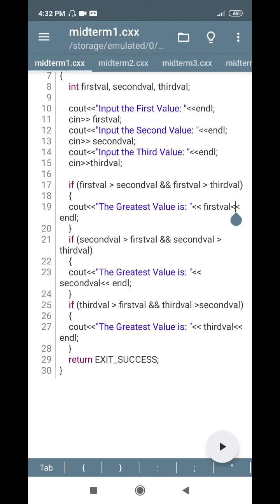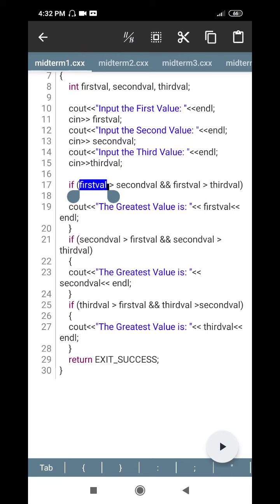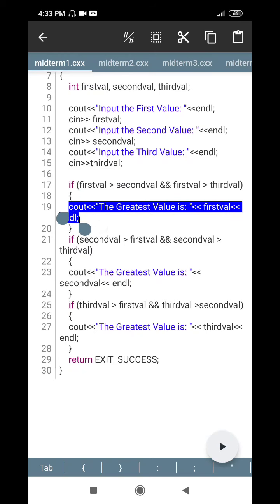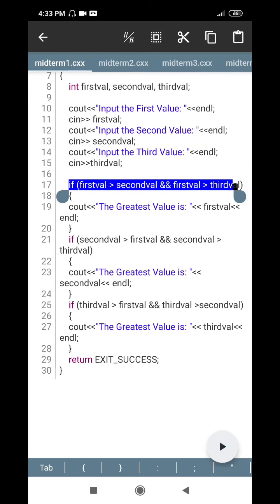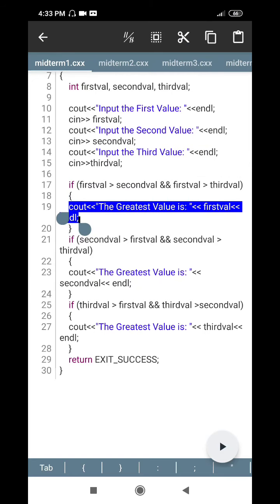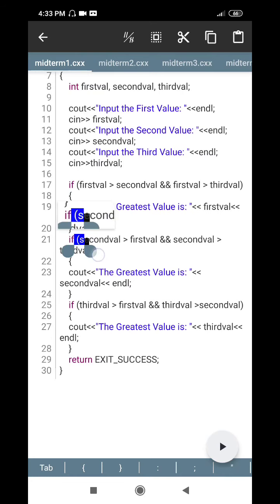This means that if the first value is greater than second val and first val is also greater than third val, then our program will print the string, which is "the greatest value is", together with the value of the variable first val. To put it in a simple explanation, if this if statement turns out to be true, then the program will print this output. But if it turns out to be false, then the program will move on to our next if statement,